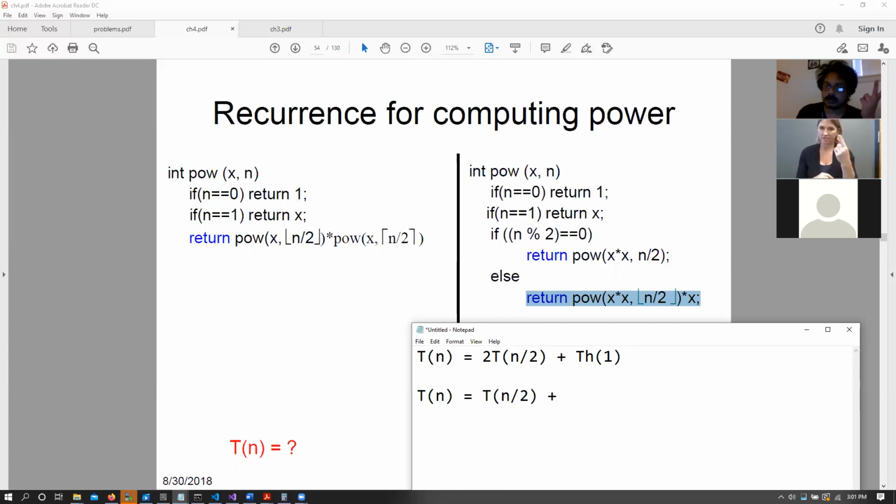And then for both of them, we see that the complexity of combining both of those solutions, for the first one, it is power x times x of n by 2. And the second one is power x times x n by 2 times x. Both of them have a constant complexity. So we have theta of 1. So for the first algorithm for finding the power of something, x raised to the power of n, we have the complexity of 2T n by 2 plus theta 1. And for the second function, we have T n by 2 plus theta 1. So all of you that have answered are correct.